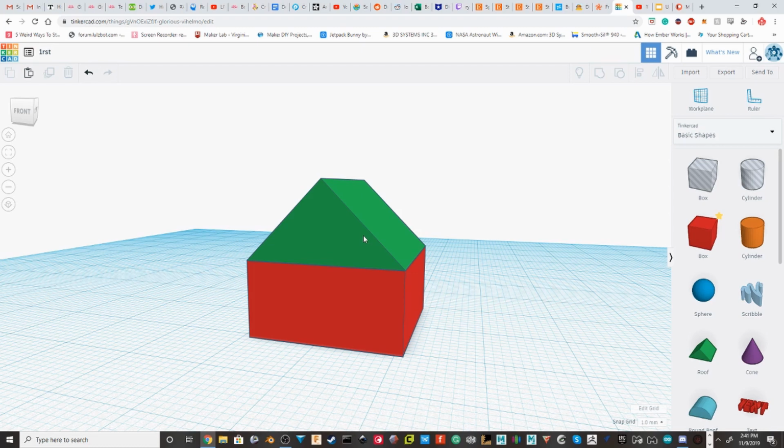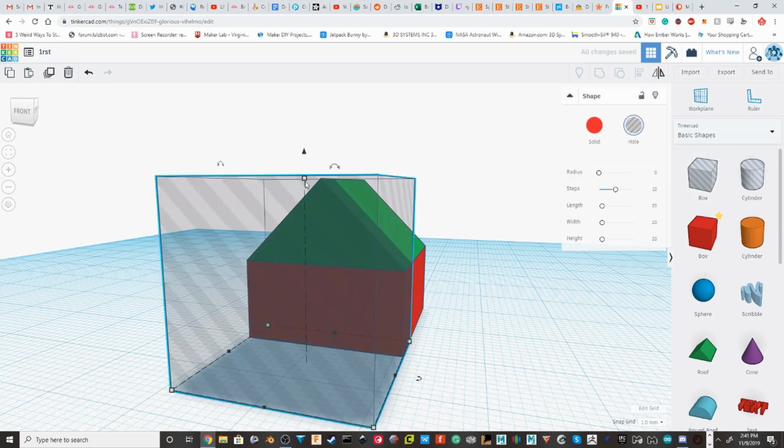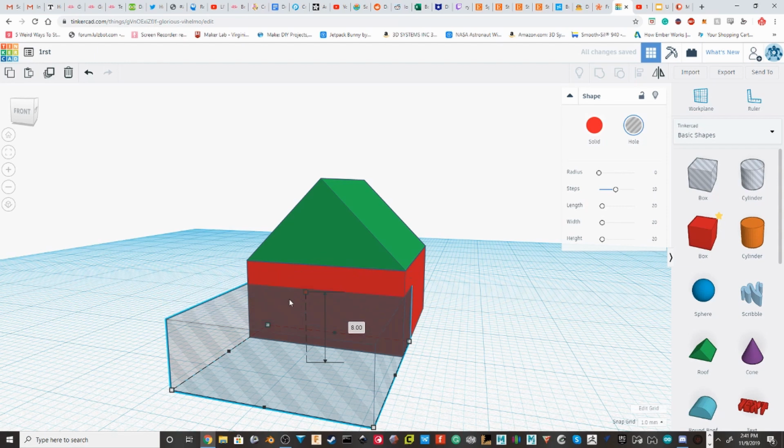There's not really any windows or anything. So then what we're going to do is we're going to pull in this box, except it looks a little different because this isn't your normal box. This is what is known as a hole. So then to make it a little door, we're going to just pull that in,